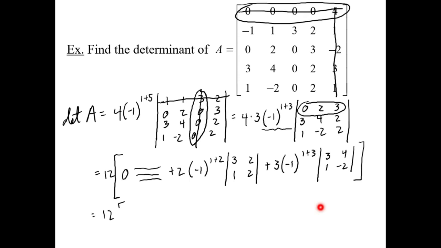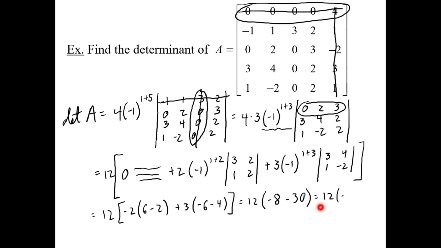So 12 is multiplied by, let's see, -2 times 6 minus 2, plus 3 times -6 minus 4. So we have 12 times, let's see, -2 times 4 is -8. Minus 3 times -10 is -30, or I guess plus -30. It's fine. So 12 times -38,